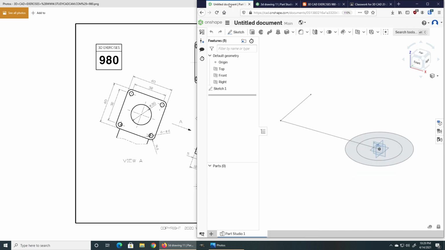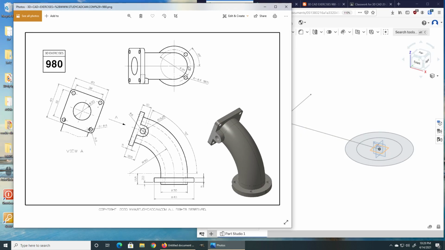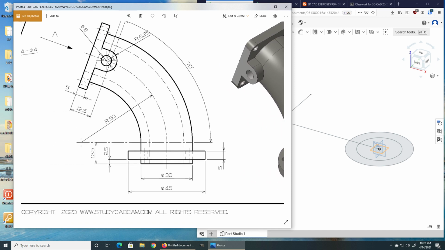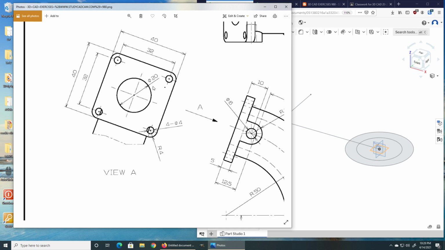Here we go. I've already started a little bit. I have created this base. Let me zoom in just a bit. I decided I wanted to work with the bent portion first. That would be the easiest, and then once I had these two endpoints, I could create some drawing planes on those and add on. So I've got the outer diameter of the pipe here, that's 30. I've got the inner diameter of the pipe, that is 20. That's over here,